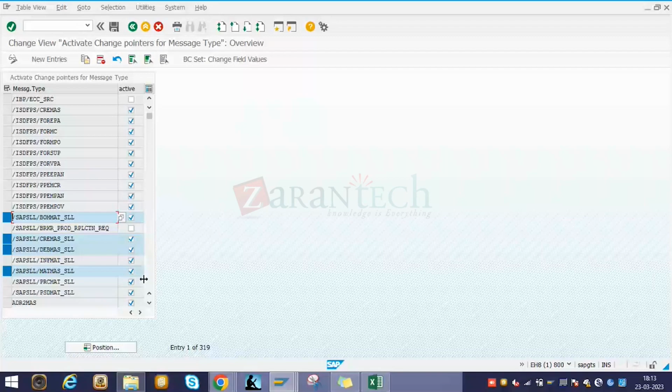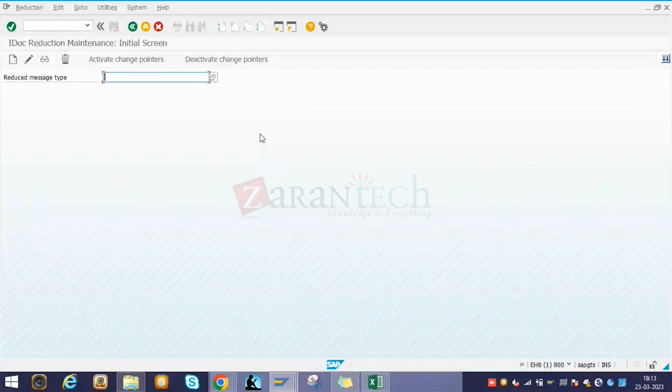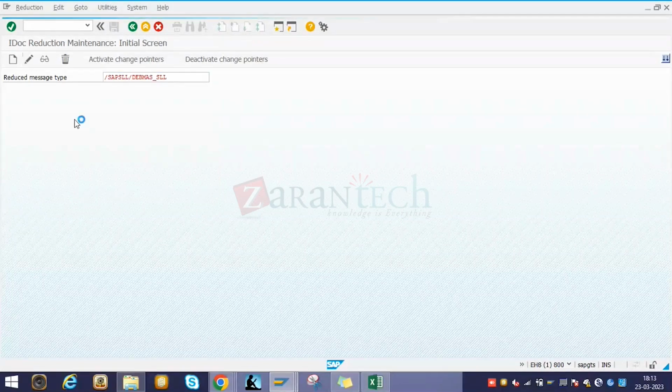Now, after this, we also have the reduced messages: activate change pointer for reduced messages. What does that mean? If you go in this code here, for reduced message type, we'll give our message type. This is the message type, DEBMAS SLL, so we have to precede it with the SAP SLL. If you just enter and click on change,